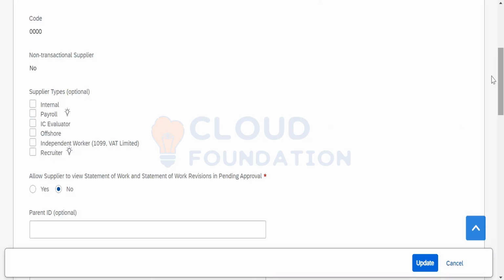The same will be updated in the system as well, in ERP as well as in Fieldglass. These are the two types of suppliers, transactional and non-transactional suppliers.